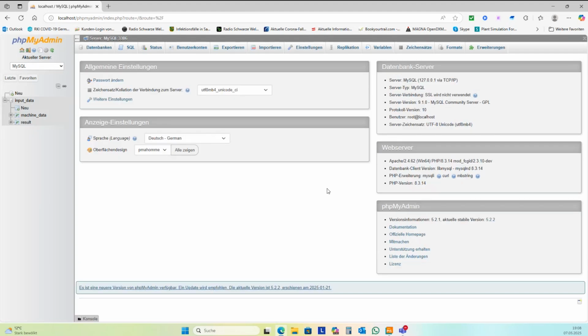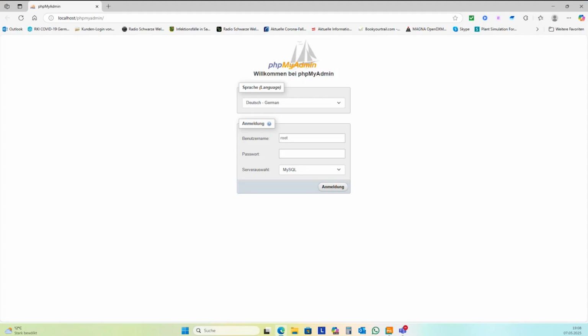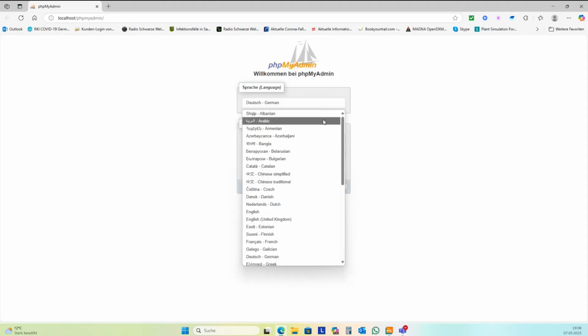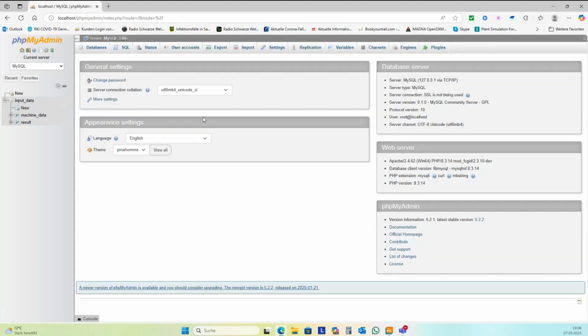So this is phpMyAdmin, one of the basic environments for setup of MySQL databases. I have here one table, machine data.